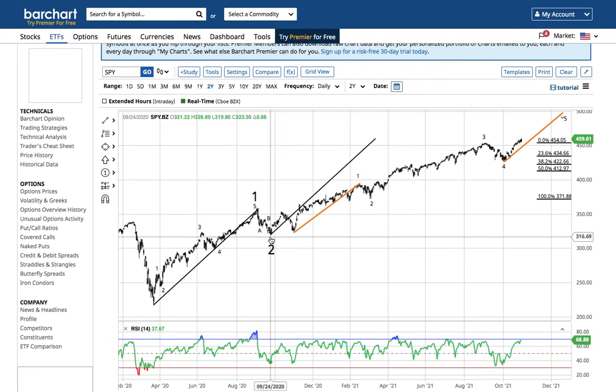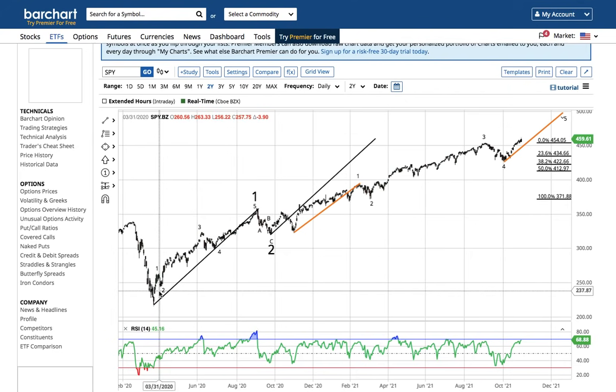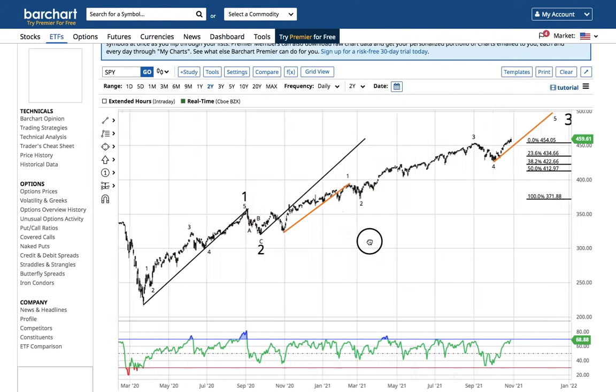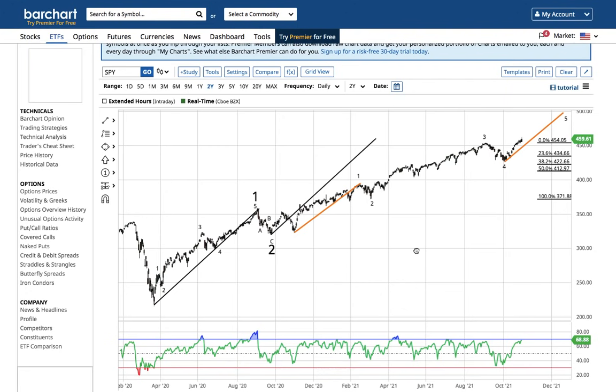This is the wave 1 and a wave 2. We're within a huge wave 3. That's going to be at least the length of wave 1 placed at the wave 2 low. So 460 was the minimum wave 3 target. And I've been telling you guys that when I'm wrong, usually, not always, but usually, it's because my price target was too conservative, right? So it looks like that's happening right now. Wave 3 is going to go past 460.